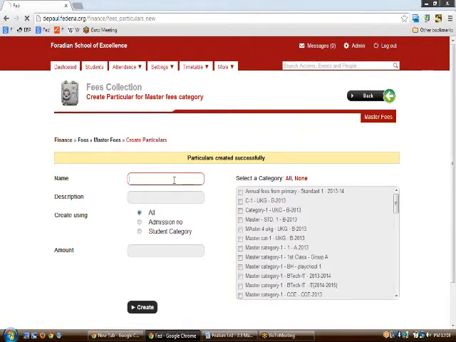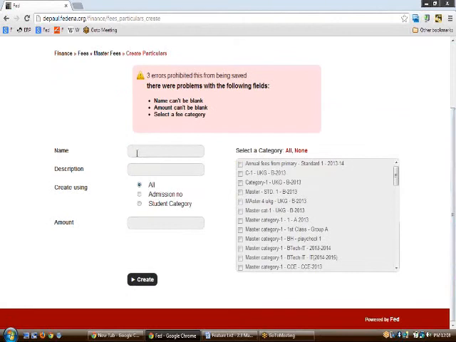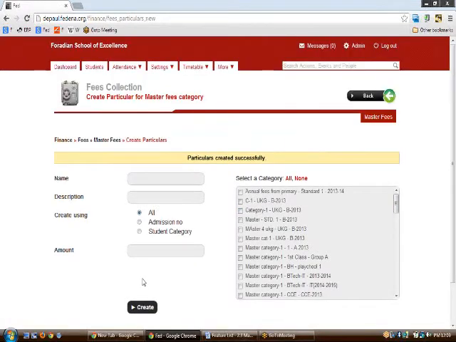Let us say that you want to do something like this sports fees, and an amount of 200, and the name of the category to which the particulars are being added. And on clicking on the create, you would see that there are two particulars in the master fees that we have created.